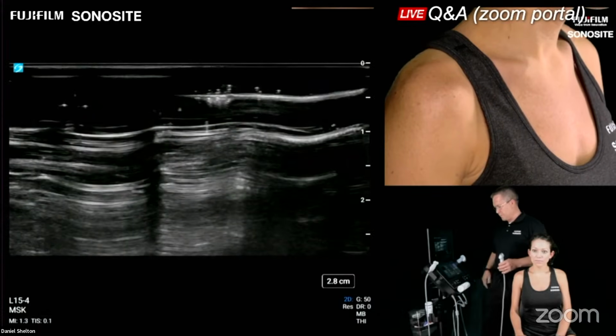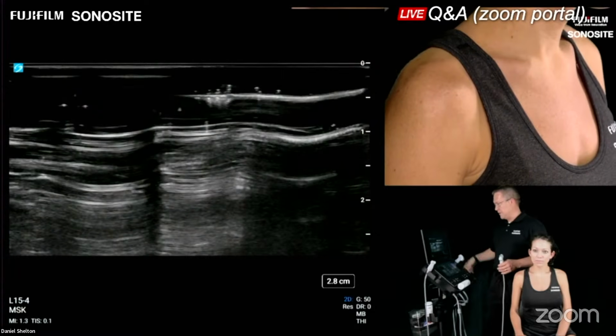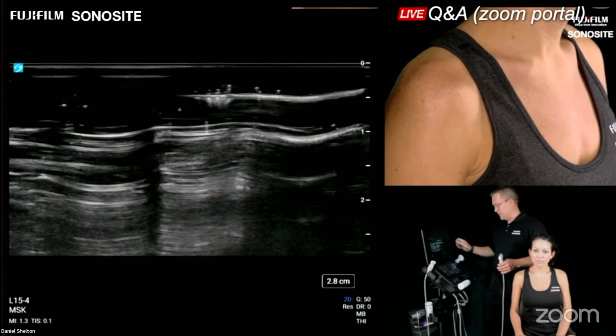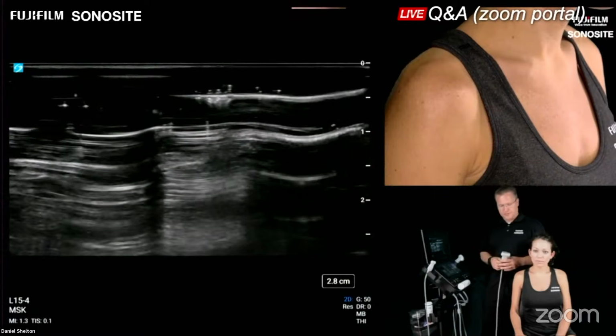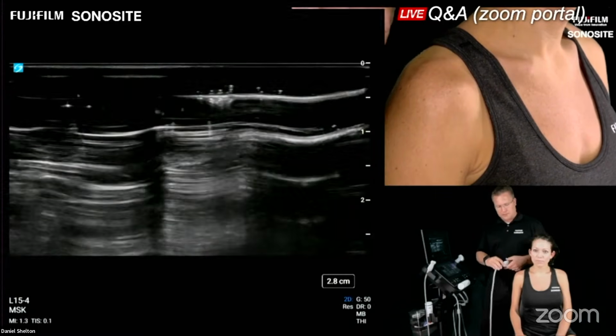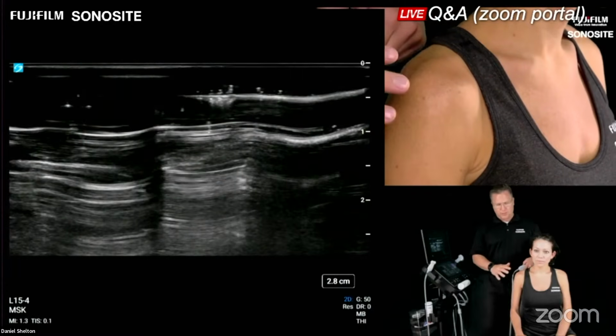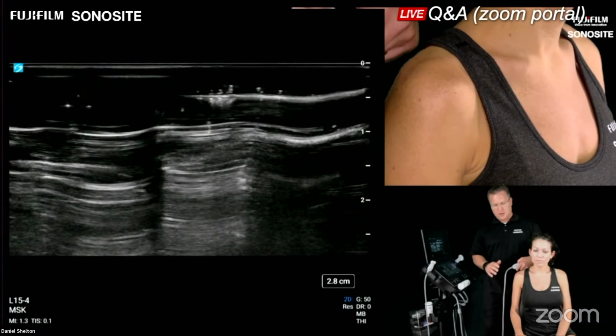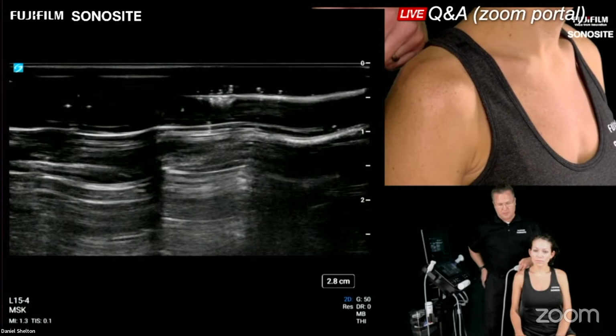I've got my system where I want it to be. I've tilted things where I would like it to be, and all my controls are facing me nicely here. I'm going to keep the left side of the screen to the patient's right, or lateral here. And to start out with the supraspinatus exam, just in case your patient is not able to do the full